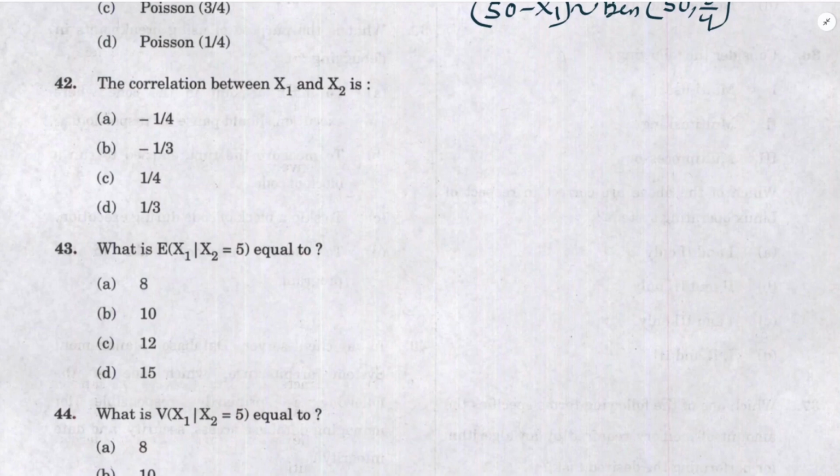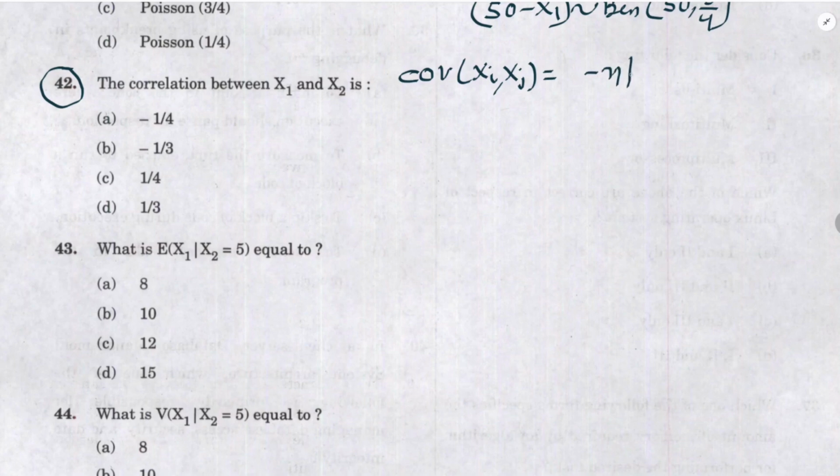Now let's jump to question number 42. Question 42 asks for the correlation between x1 and x2. In a multinomial distribution, the formula for covariance between two variables xi and xj is given by minus n pi pj. The formula for correlation between two variables xi and xj is given by